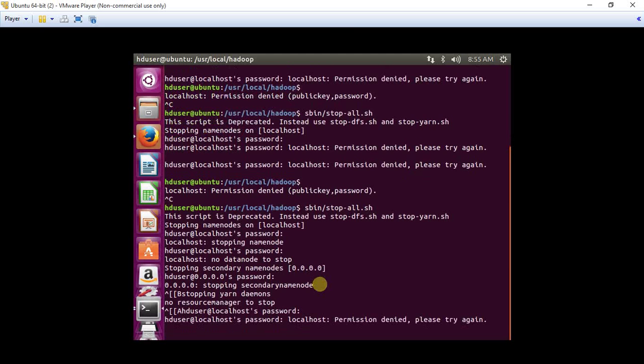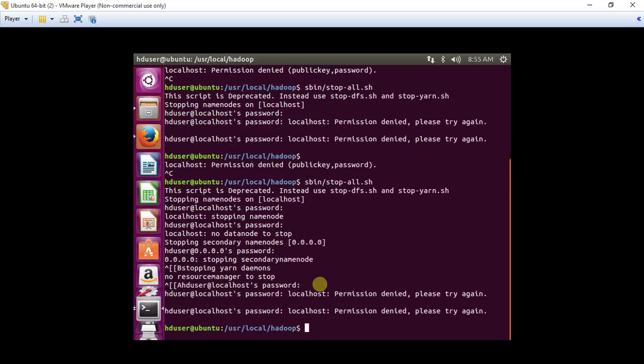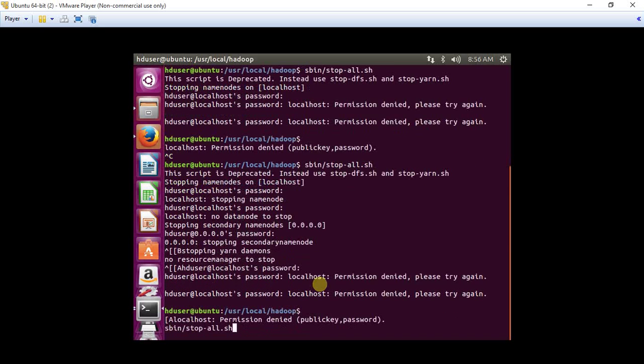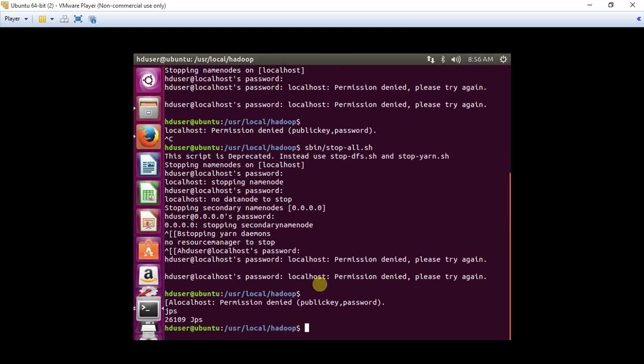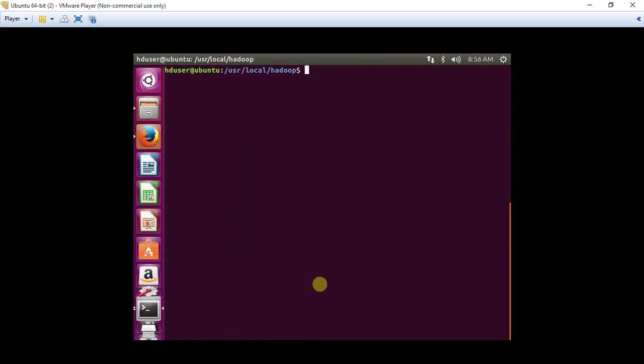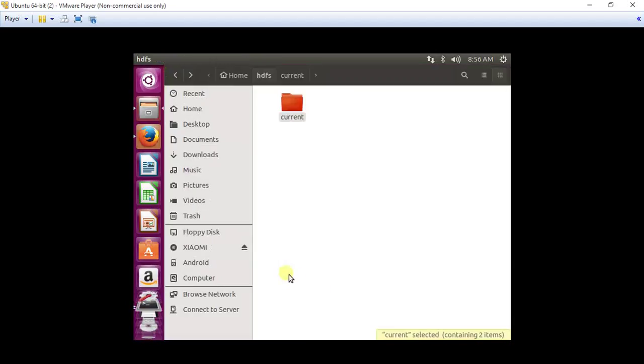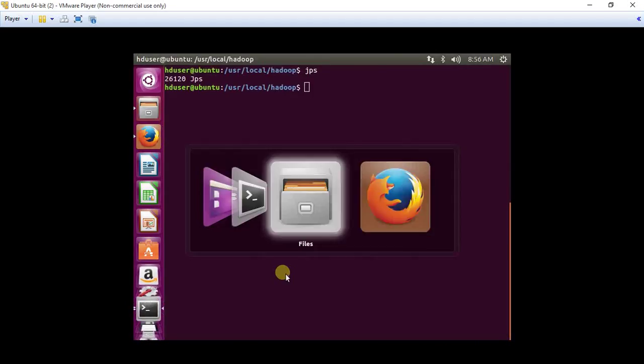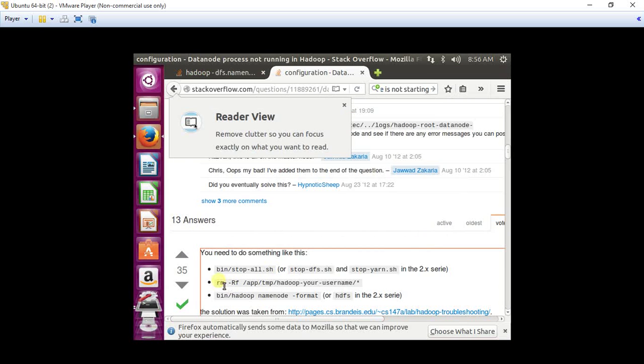We didn't stop the yarn as we didn't start the yarn as well, so it's trying to